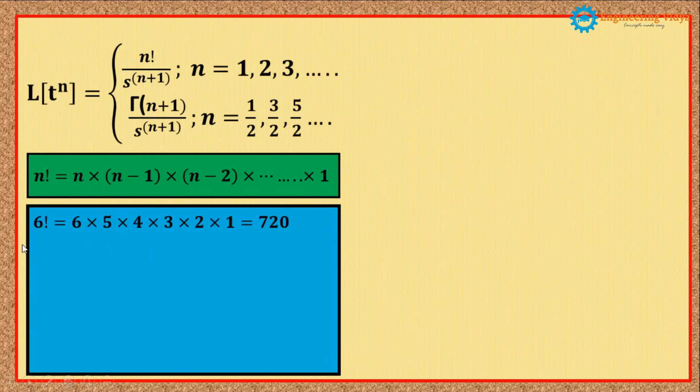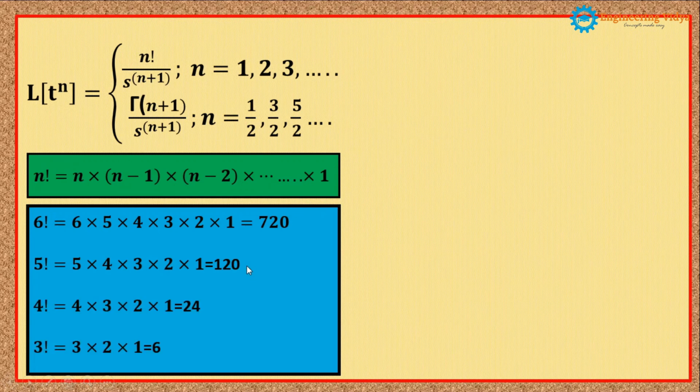For example, if you want to find the factorial of 6, we arrange the number 6 in decreasing order from 6 to 1: 6, 5, 4, 3, 2, 1, with the multiply sign in between. If you multiply 6 into 5 into 4 into 3 into 2 into 1, you will get 720, right? Similarly, for the factorial of 5, we arrange 5 in decreasing order till we get 1 and multiply every number with each other. So 5 into 4 into 3 into 2 into 1 will come, and we'll get 120. Similar is the case with the factorial of 4 and the factorial of 3 also. So this is all about the concept of factorial and how it is calculated. I hope you understood this.